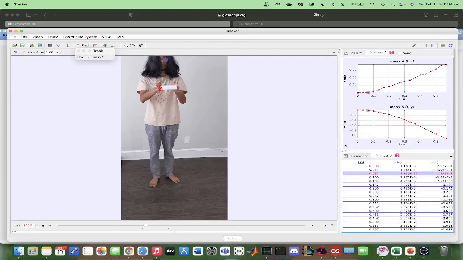As you can see in Tracker, we can see a graph of the Y position over time. The graph shows that the rate of change of the position over time increases as the box speeds up through time. But near the end of the time, the box reaches a terminal velocity, which results in the change in position becoming constant. After I analyzed the video in Tracker, I created two models in GlowScript to simulate the motion